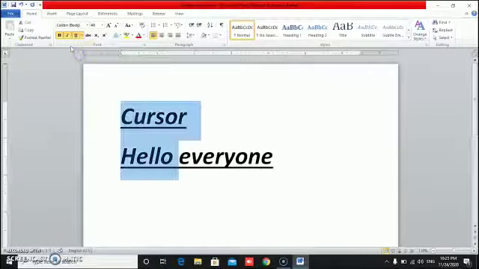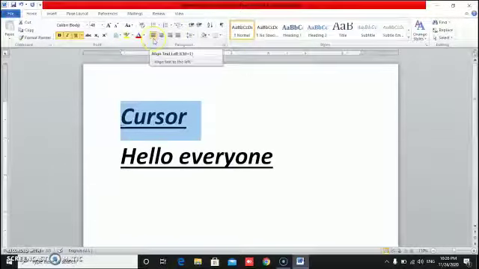Now see, because I have selected all these options, the line is coming, the words are in the slanting way, and the words are also in the darkest form. Okay, now I want to make it in the center. I want to place this word in the center. So these are called alignment buttons, alignment options.